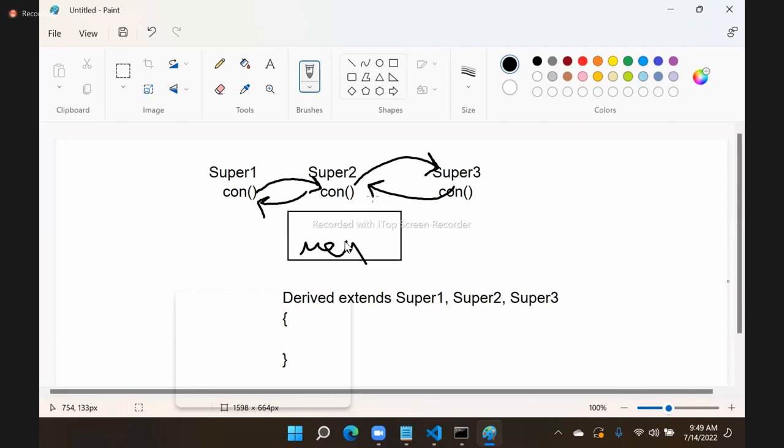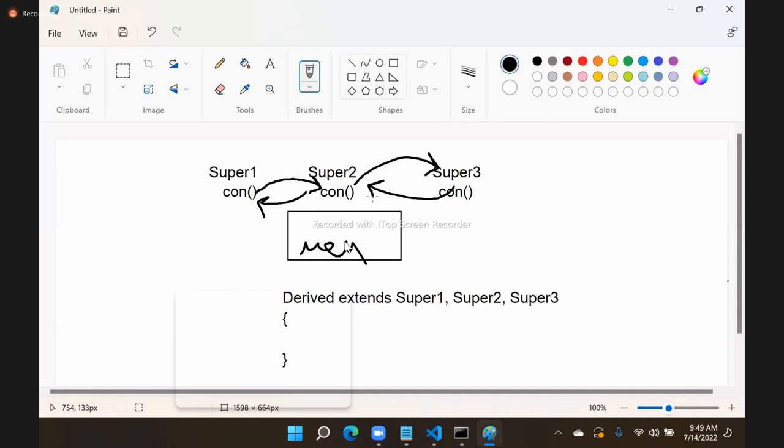Now this is the reason why multiple inheritance is possible in interface. Because interface doesn't have ambiguity? No, because interface doesn't have a constructor. Interface doesn't have a constructor, right? If there is no constructor, there is no deadlock. So why is it supported for interface? Why is it not supported for class? The reason is